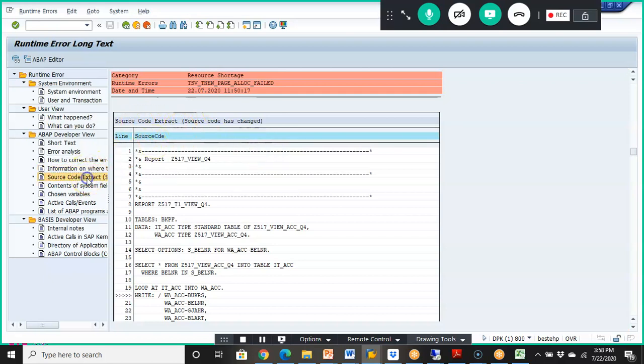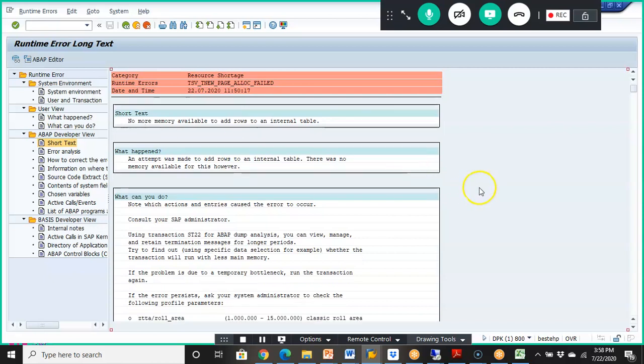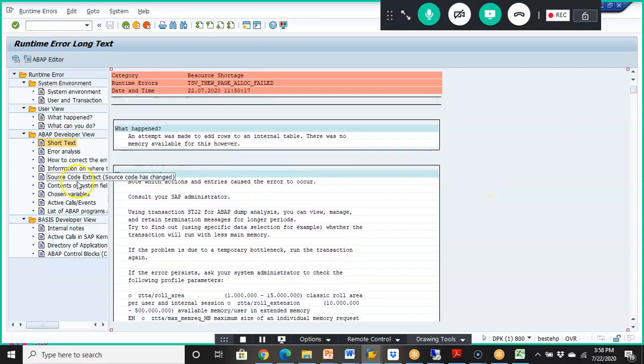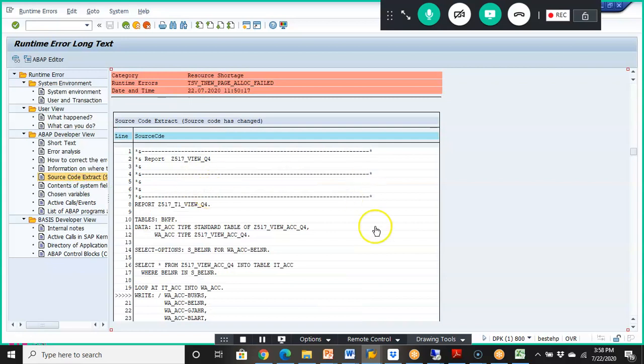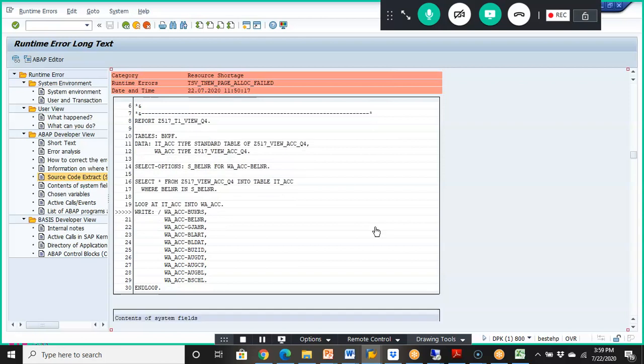When you click on the source code extract, it will directly come here. Let's say we are here and you just want to go directly to the source code. Instead of scrolling like this, you can just click on the source code extract. Directly it will come to your program, and in the program you can check what exactly happened.